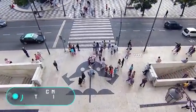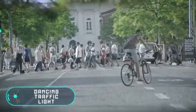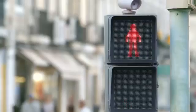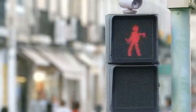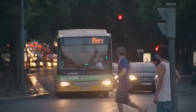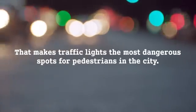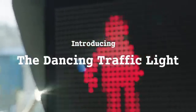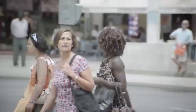Dancing traffic light. Researchers have shown that people don't like to wait, and that very often, traffic accidents occur when pedestrians try to cross the street with the red light. The task of the creators of the dancing traffic light was to cheer up the pedestrians and make the waiting less boring. When the red man at the traffic light suddenly starts dancing, people's attention is drawn to him and